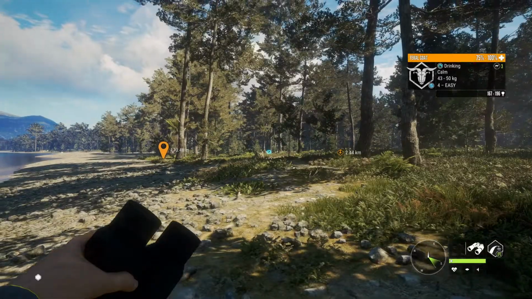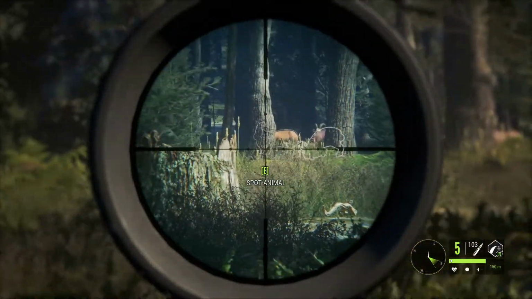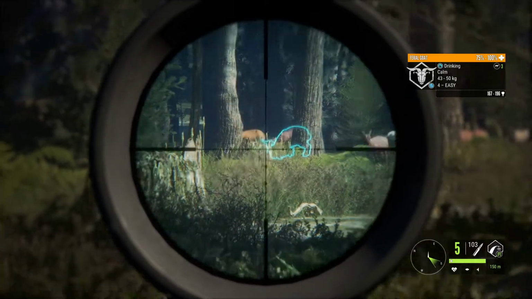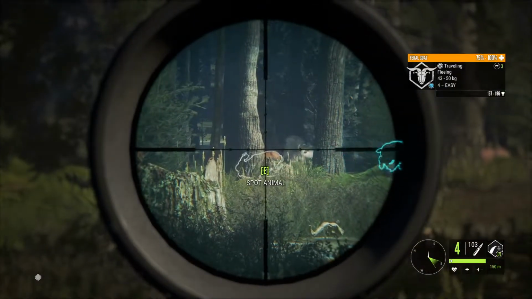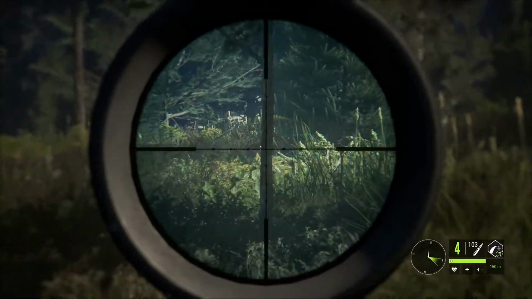Alright, I think I got the shot we want. Take a look here. Yeah, that's up to 182. This one right here, that's up to 196. I'm going to take my breath. Shoot for the shoulder. And he should be going down. Ah, no, I